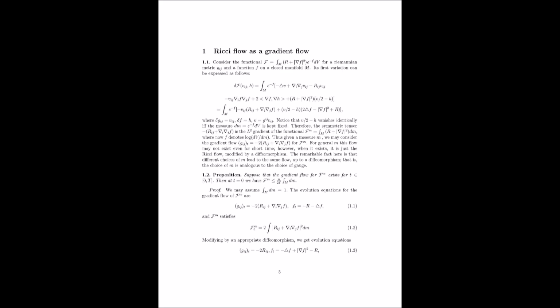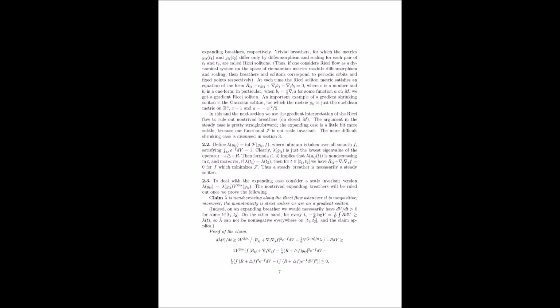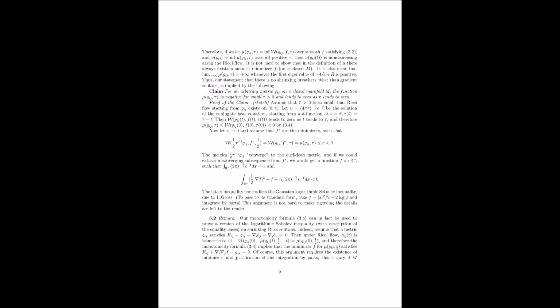Welcome back. Before the break, we were discussing this concept of the Ricci flow as gradient flow, seeking to minimize a special energy functional. This functional gave us a really powerful way to analyze how the geometry of the universe changes under the Ricci flow. But as we hinted at, the story doesn't end there. Perelman took this idea even further with his concept of entropy for the Ricci flow, introducing a new functional.